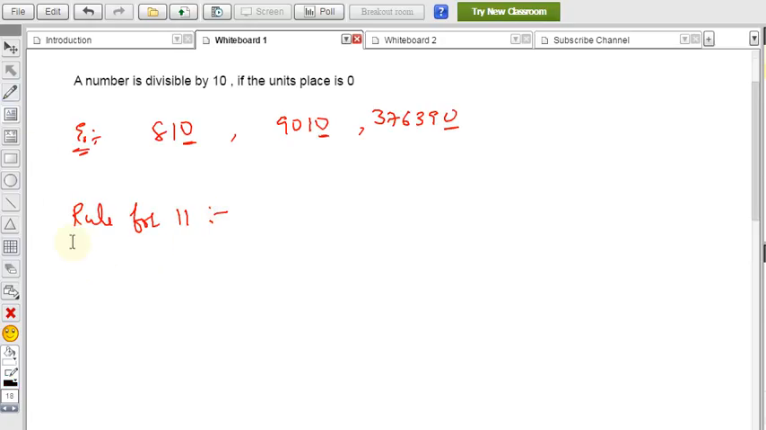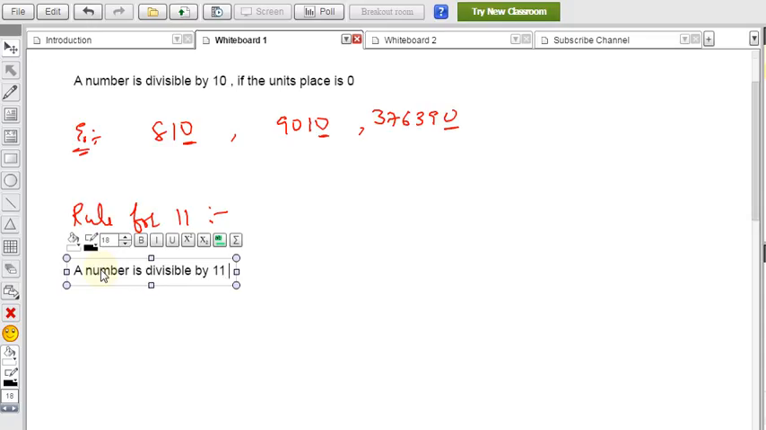So for this, also a little addition, we need to see: a number is divisible by 11 if the difference of the sum of the digits at odd and even places